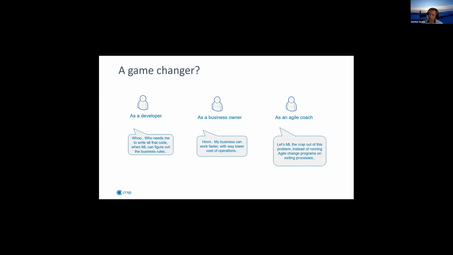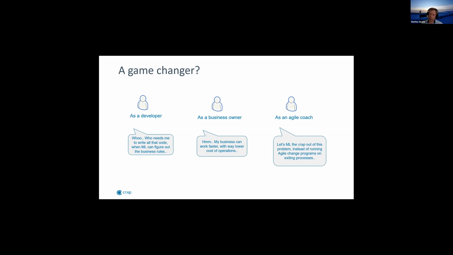But I want to pay attention to this one. This is the area which I'm currently working in. If you look at the opportunity that exists, as an agile coach, maybe our approach shouldn't be to go in and do agile inside existing business processes.